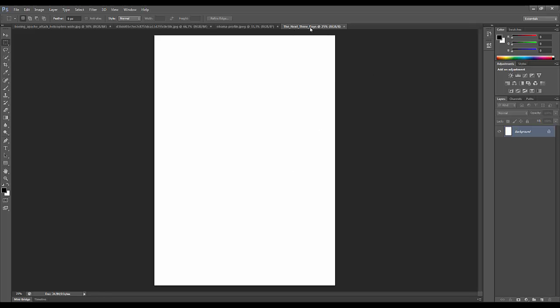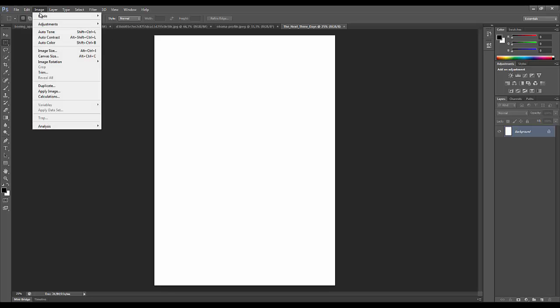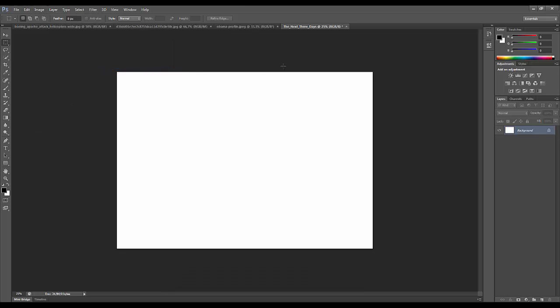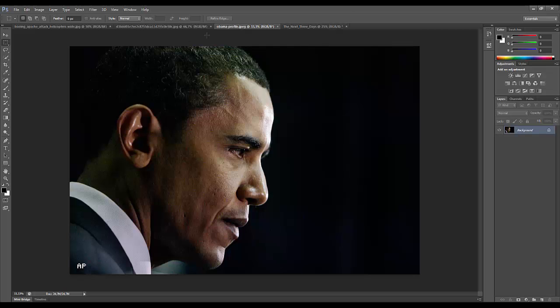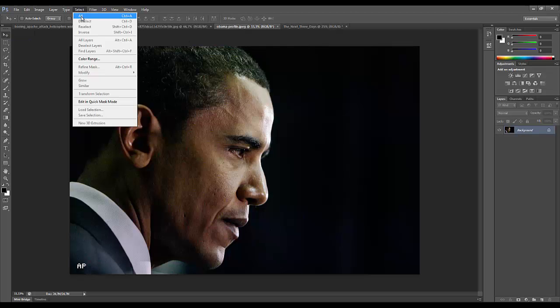Now the first thing we're going to do is we're going to rotate the canvas. So rotate that 90 degrees clockwise, because this poster is not going to be portrait, we're going to do this one landscape. The first thing we'll do is we'll take the Obama image, go to the Move tool, File, select